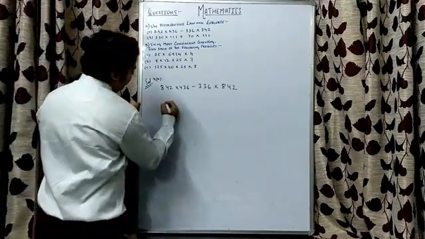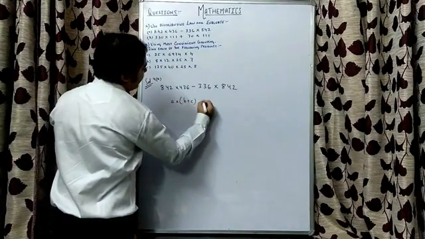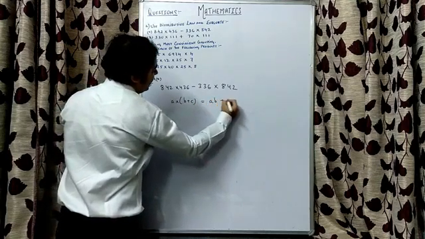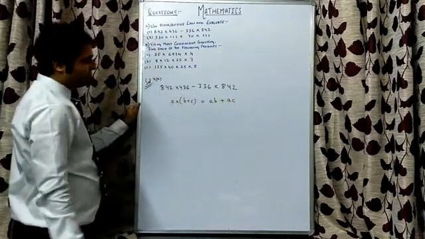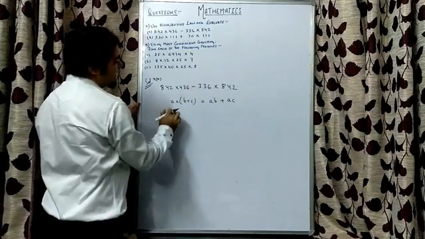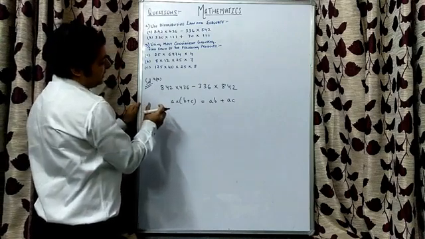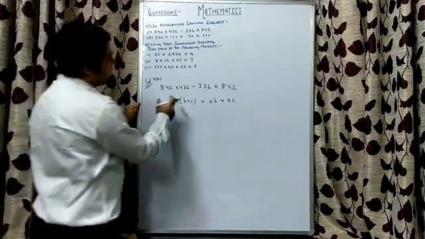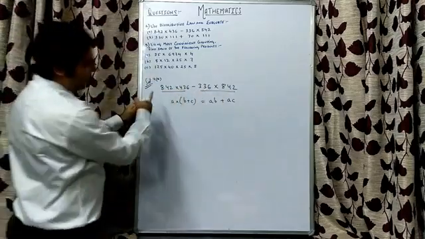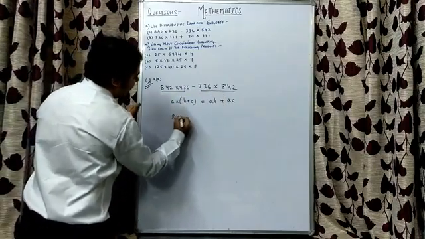A quick recap. Distributive law said if A is being multiplied to the sum of B and C, we'll multiply A by B first, then A will be multiplied by C, and both will be added. Right? So what I can see is the right hand side has been given, that means we need to find out A first. A can be determined by seeing which value is repeating on both the sides. And I can make out 842 is there on both the sides. So the value of A is 842.